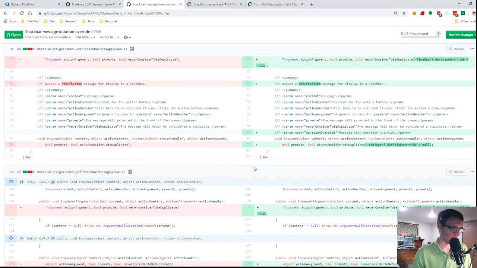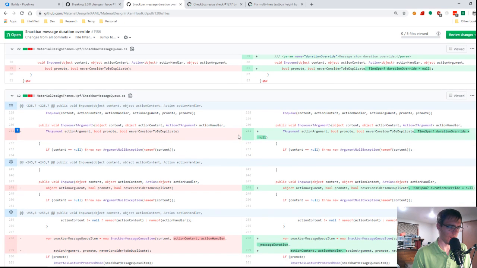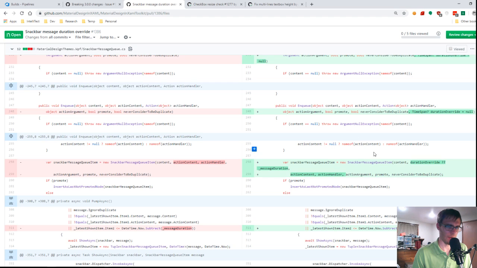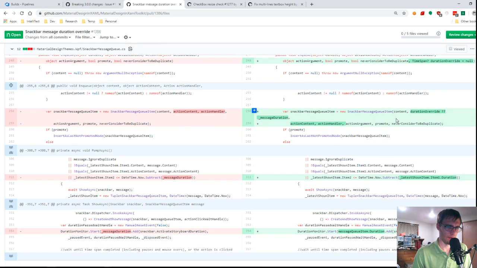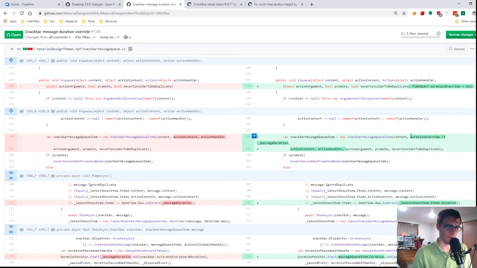It is interesting to me. Oh, this is on the snack bar. We have the XML comments. I should probably start logging issues to add XML comments to all of the public APIs. Let's see. So, and then when it actually creates the queue item, null propagation operator or null forwarding operator, I think, is the official terminology. Is it null forwarding? I have to look. So either the one passed in or the message duration,